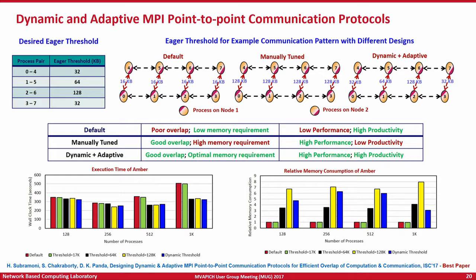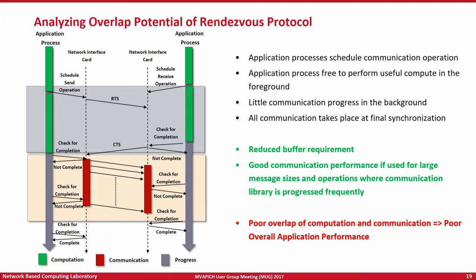I see. So the receiving process essentially goes to an iReceive there, but it needs to be inside the MPI library for the communication to complete. Is that right? It is not that the application process needs to be inside the MPI library for the communication to complete. The communication needs to be progressed. So the communication is not completely asynchronous. The receiver process has to be actively involved in the communication to realize that the RTS has arrived and respond back with the CTS, and the sender process at that time has to be inside the communication library to respond back as well. So there is a lot of application-driven, or process-driven, progress that is taking place. That is what needs to happen.